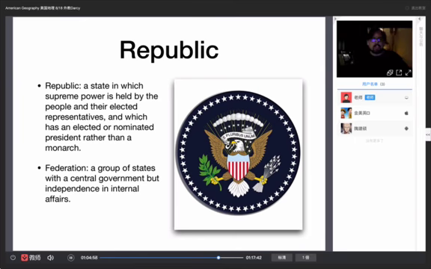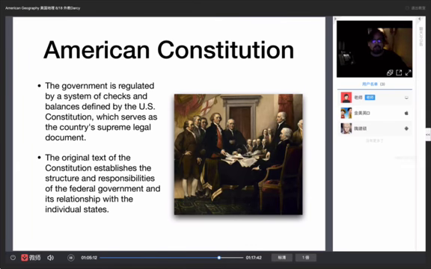A federation is a group of states with a central government, but independence in internal affairs, and that's important. So it's a group of states, but each state has its own independent powers. The government is regulated by a system of checks and balances defined by the U.S. Constitution, which serves as the country's supreme legal document. The original text of the Constitution establishes the structure and responsibilities of the federal government and its relationship to the